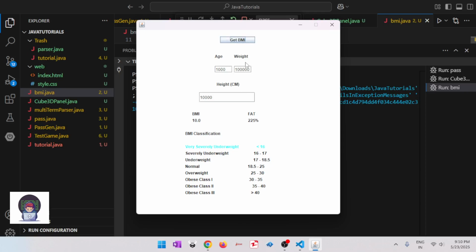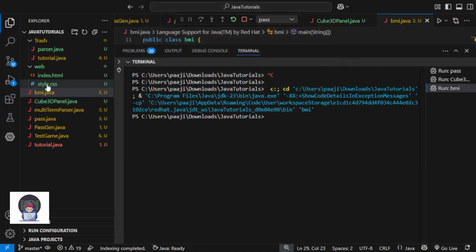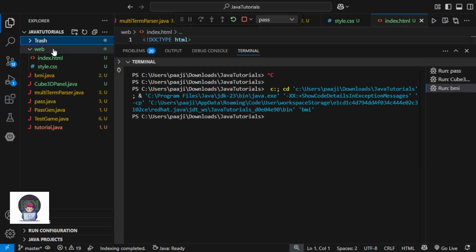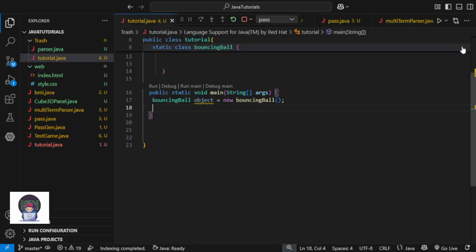Okay, now 10 BMI. Now let's turn this to 20. Now let's set it to 3 and let's set it to 5. So this should be 35 BMI. See, this turns into red and this is at 35 to 40. And if my BMI is 1, it is this. And if weight is this, obese class plus 40, 1700% fat, okay, whatever. And ignore these. Okay, so this is basically all my projects I showed you.